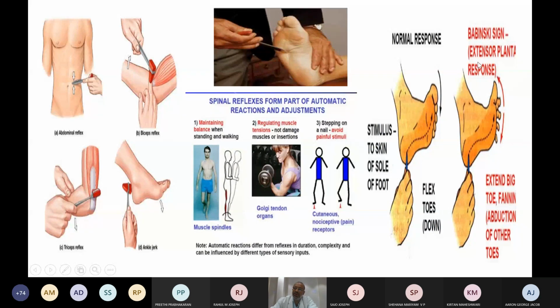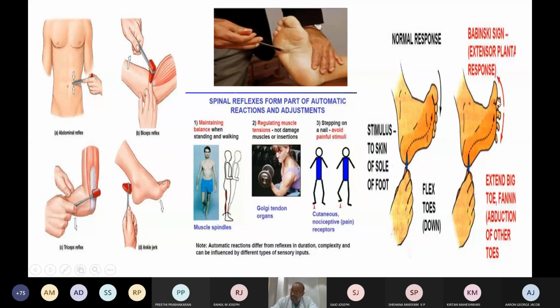It can be normal also during deep sleep. Yes, during deep sleep, what is happening? There will be no inhibition from the upper motor neuron on the lower motor neuron, as a result of which the lower motor neuron is uninhibited, and temporarily during sleep you are going to get the reflex in the form of upgoing of the great toe and fanning out of other toes, constituting a plantar extensor response, which is read as normal.